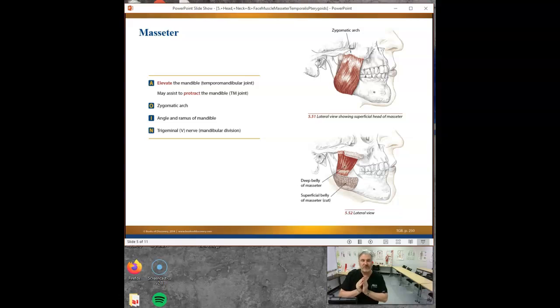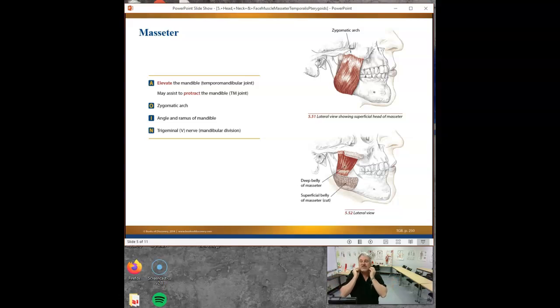But it's extremely strong. Its origin is on the zygomatic arch. So if you touch your cheekbones right now, the minute you fall off them, you're on the origin of the masseter. It's right here. And it can take a lot of force. It makes your eyes roll back in your head, but you can really push in your masseter and slowly rub it all the way down